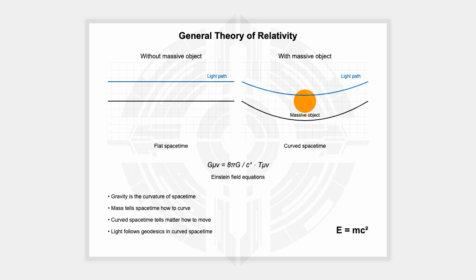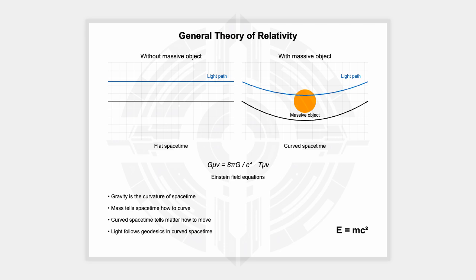So we've got this mind-bending idea of space-time as this flexible fabric that gets warped by mass and energy. This is already blowing my mind. But how does this actually play out in the universe? What are the observable effects? One of the most fascinating predictions of general relativity is that gravity can actually bend the path of light itself. Wait, really? Gravity can bend light. You're going to have to explain this one.